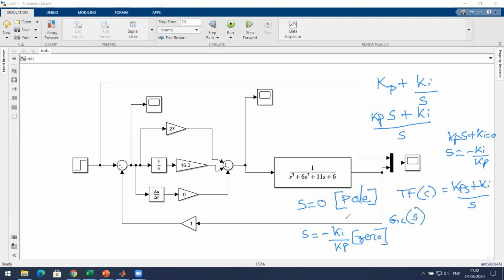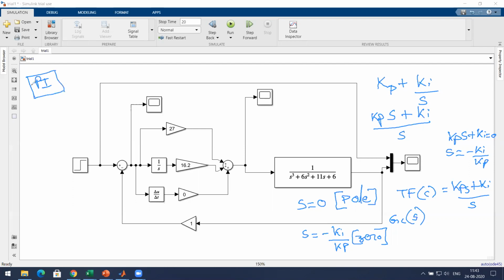So the transfer function of this controller is nothing but (Kp S plus Ki) by S. It has one pole at 0 and a zero at minus Ki by Kp. Did you understand? Any doubts? No, sir. We are looking at only the PI controller, not PID.